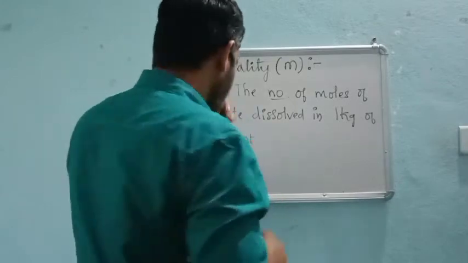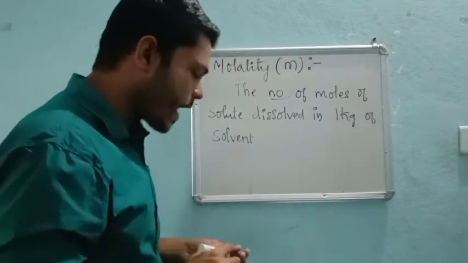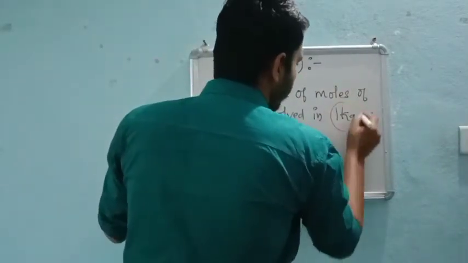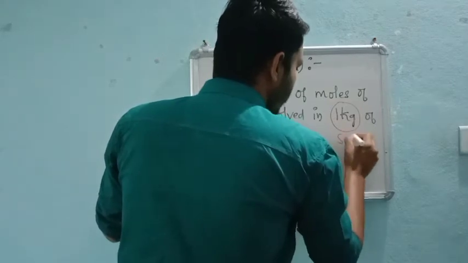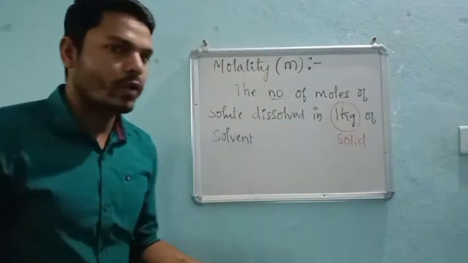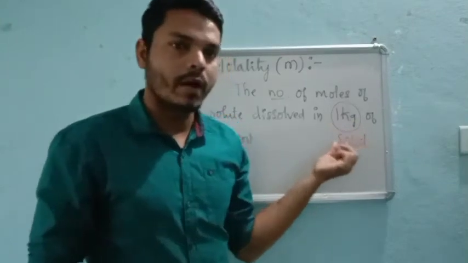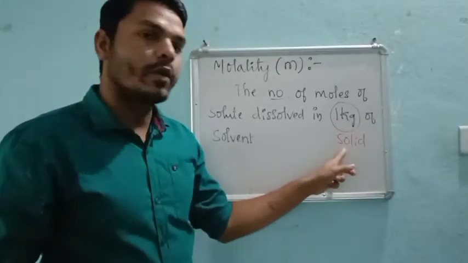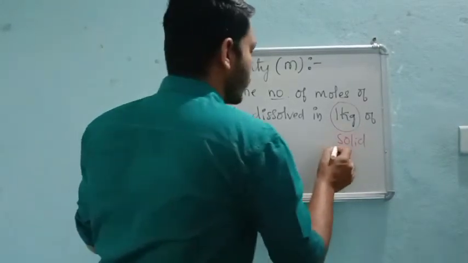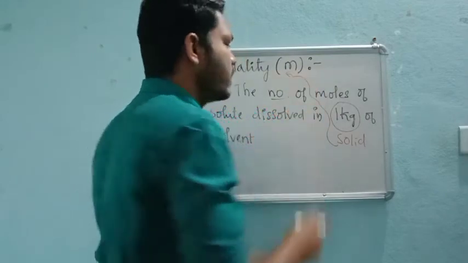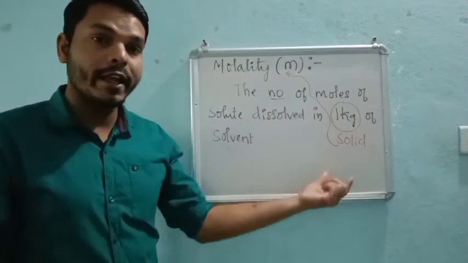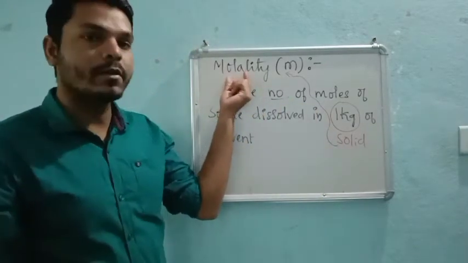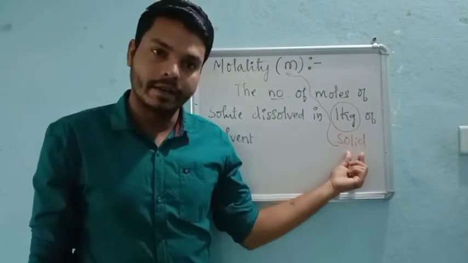This is a different case. Why? Because here we won't add water, and here we consider kg, which means solid. Whenever we weigh a solid, we count that value in terms of kg, gram, right? So in case of a solid solution, we mention that as molality. But for molarity, the case is different, with the liquid, right? Molality is nothing but in case of solid, right?